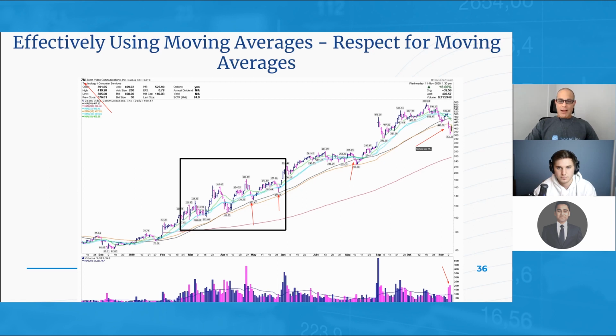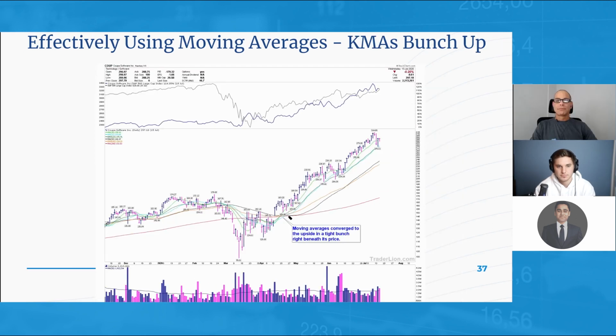So that is really it. Once again, as you'll hear Ray and myself say so many times, you want to see your trade end on a bad note, and that is why you use a key moving average that a stock has shown respect for throughout the length of its move. Very often when it breaks that average on big volume after a big move, it's time to walk away. So just to drive the point home, here's